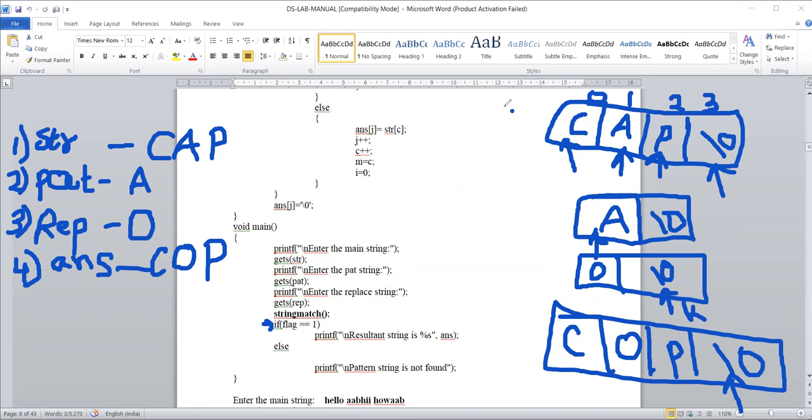So mainly I am using c to refer to the index of the main string, and using i to read the index of the pattern string, and j to read the